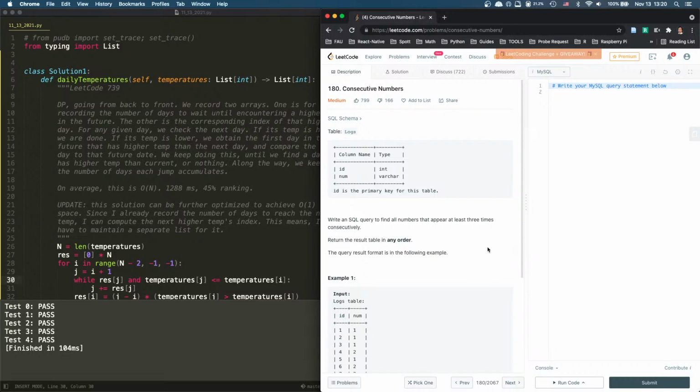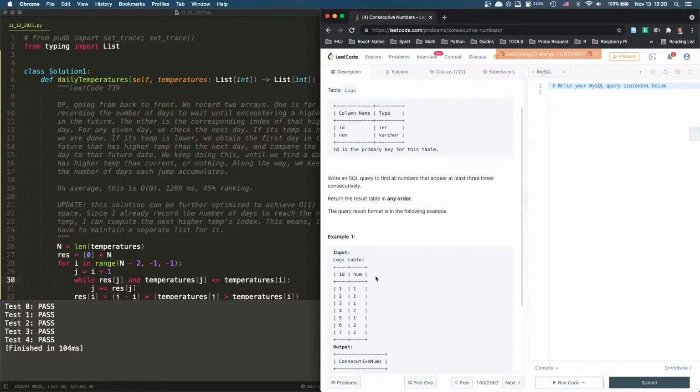Okay, how about this strategy? We will select unique values out. Okay, that's the first level. And then we're going to select all the rows with the same value. Okay, and then we are going to select